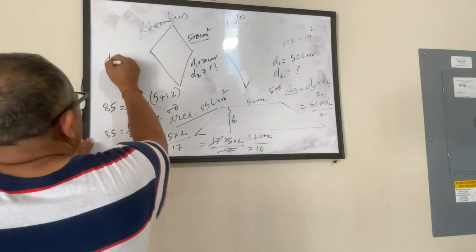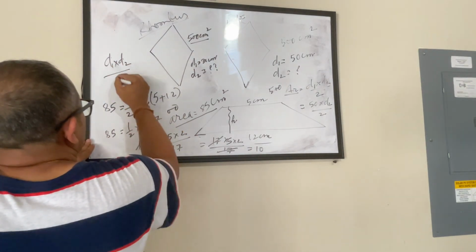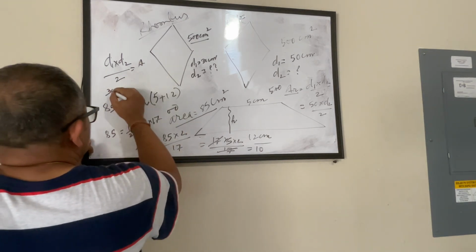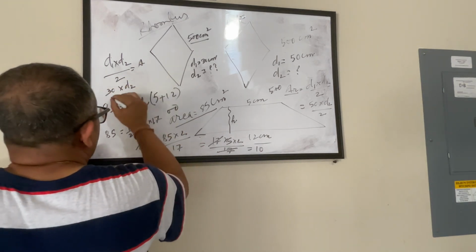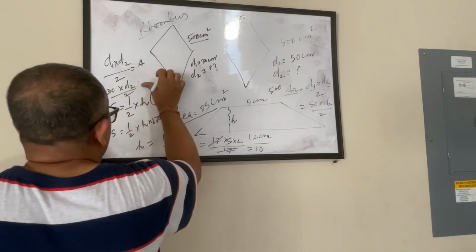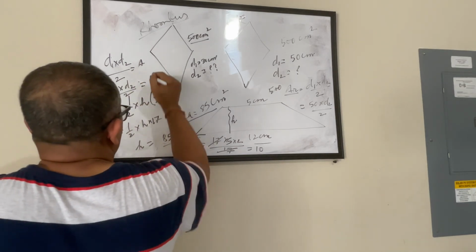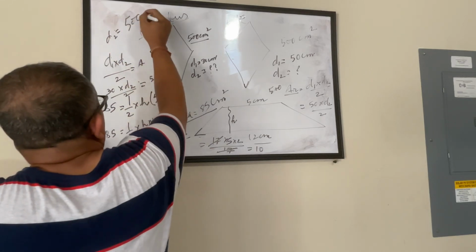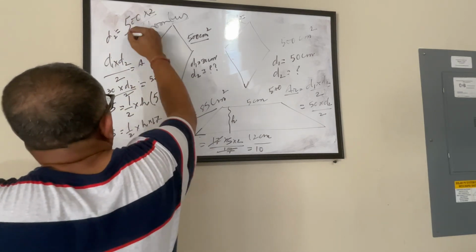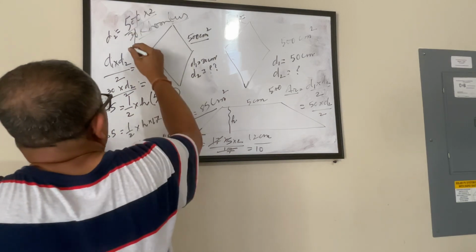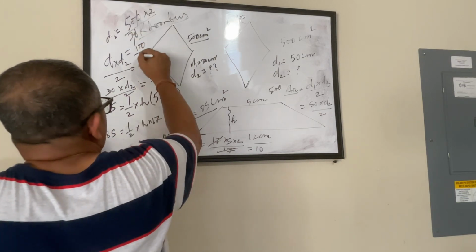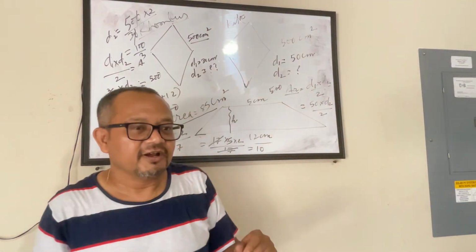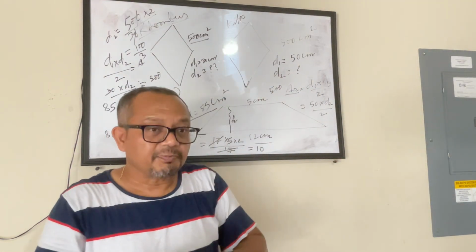No, d1 into d2 divided by 2 is the area. Now d1 is 30, d2 we don't know, divide by 2 equals 500. So d2 will be equal to 500 into 2 by 30. That is what was giving me 100 by 3. How come it will be 21 point something? So, okay. Now the point here is,